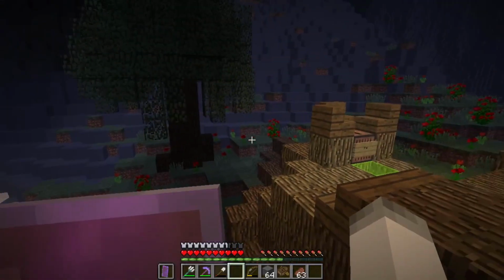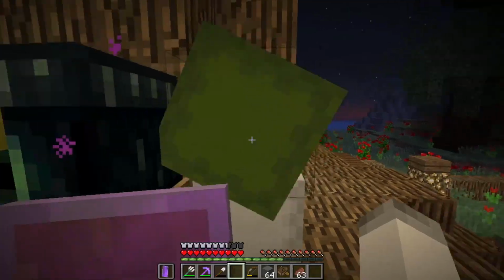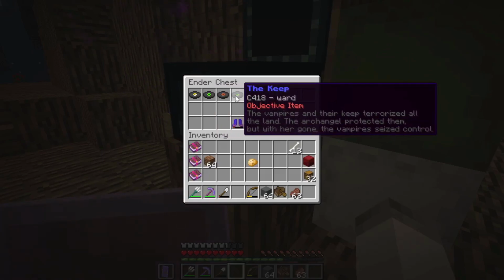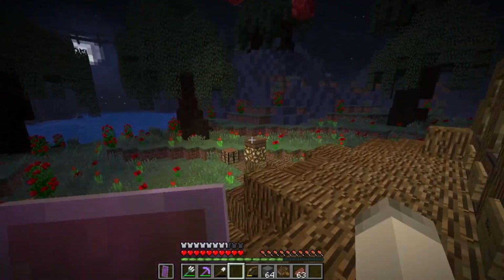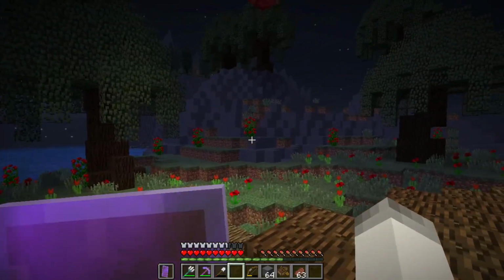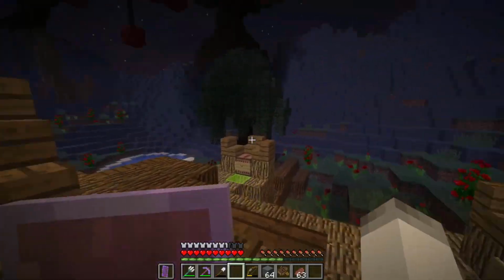But we need to set up a base here. The other thing we can do is we can take the keep, put that in there. There is definitely a lot more places we can... A lot more things we can get. And I definitely want to set up a base here. That's what we're going to do. And...